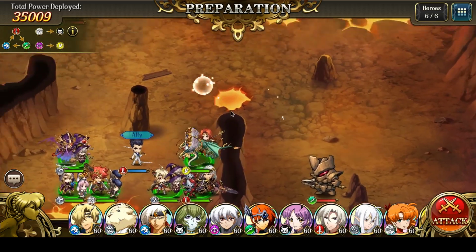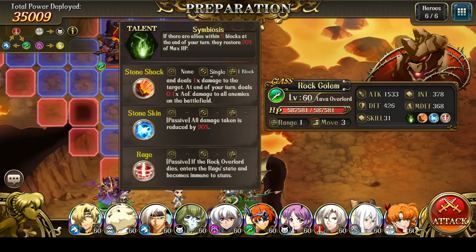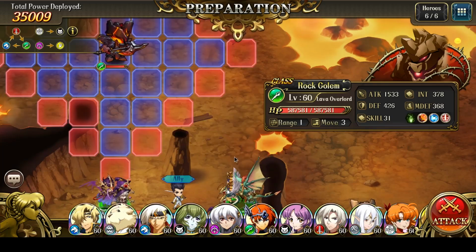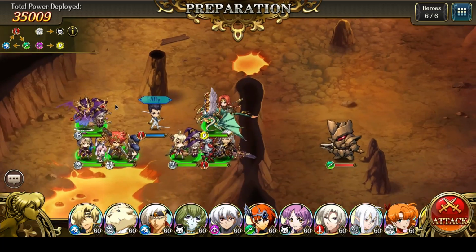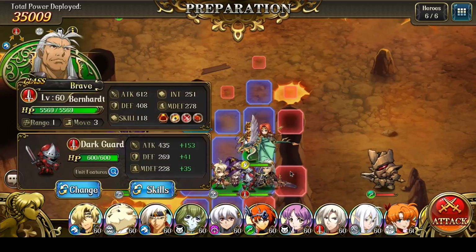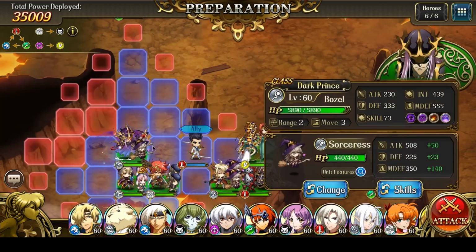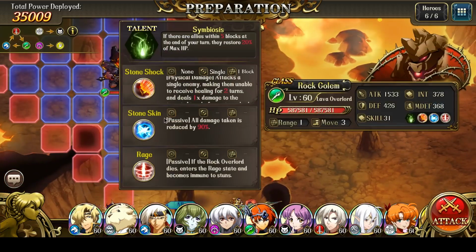So, the final thing about this fight is, first, they have a rage skill where they will do 10 times or 1000% additional damage. And that 10 times or 1000% is enough damage for them to one-shot your characters, any character that they attack. So that is why the stun skill is so important, whether it's on Bernhardt's Shield Bash or Bozel's Sleep. And finally, the thing is,